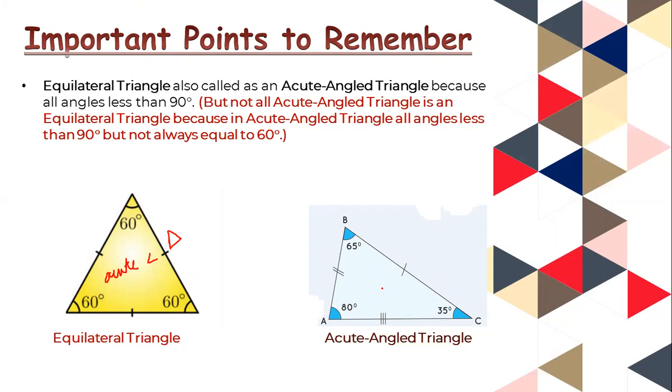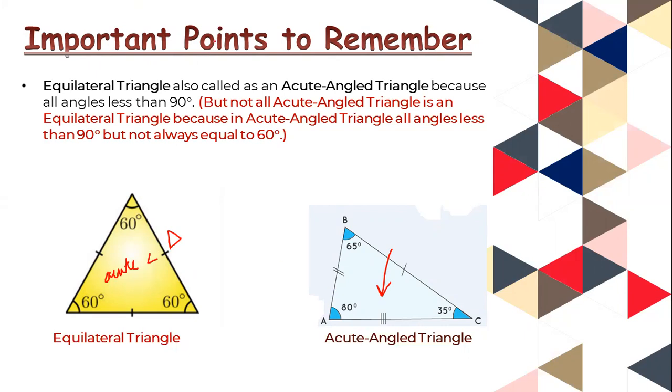Okay, but मैं हर वक्त acute angle triangle को equilateral नहीं कह सकती, because acute angle triangle में क्या है, 3 different sides हैं and 3 different angles हैं। हर वक्त साइड सेम एंड एंगल सेम नहीं रह सकते acute angle triangle में। So acute angle triangle equilateral नहीं हो सकता, but equilateral acute हो सकता है।